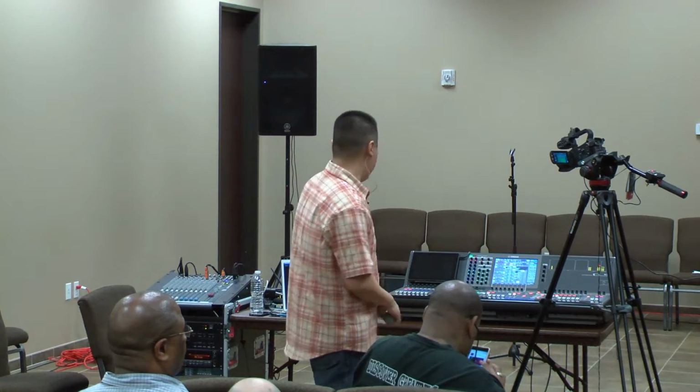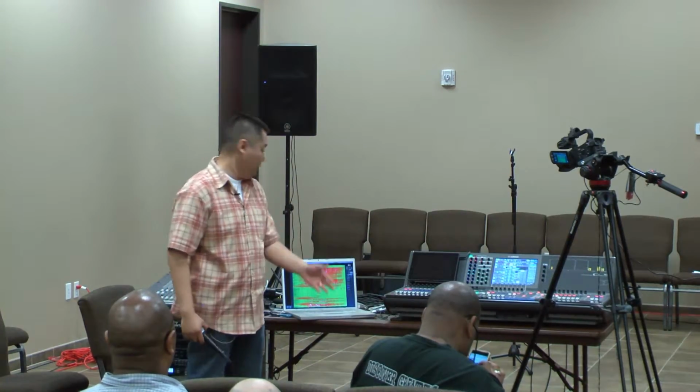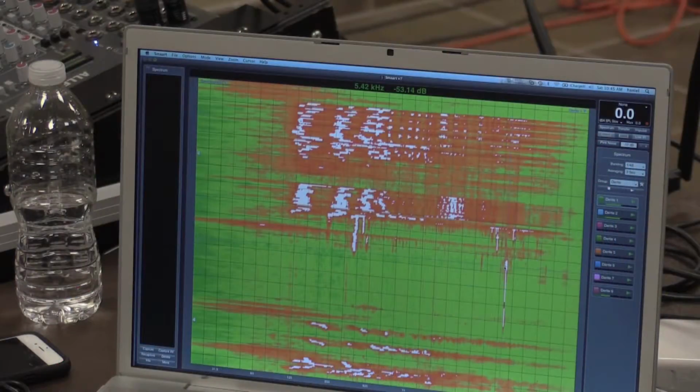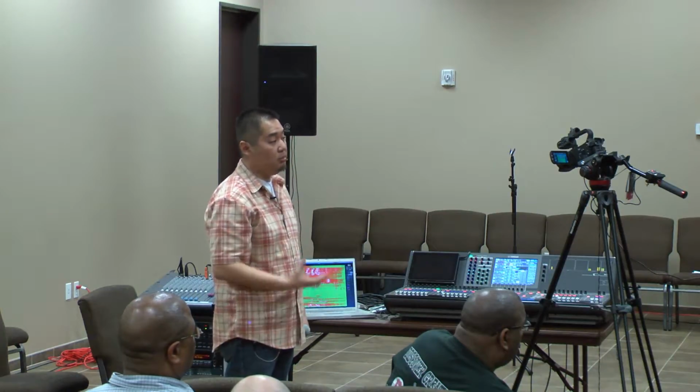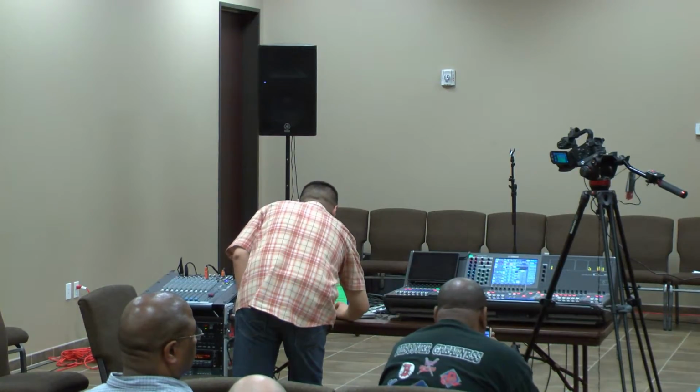So the x-axis is the typical frequency from low to high, 31.5 hertz all the way to 20K. There's no y-axis. This is just time. The amplitude or the loudness is determined by the color. The louder they are, the more white it is, or the brighter it is. Like right now, if I let it run,